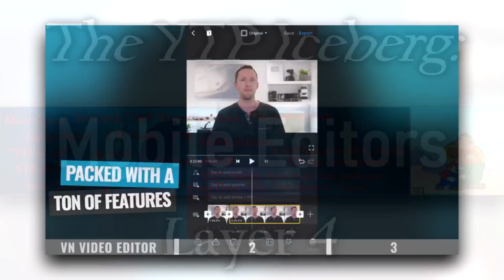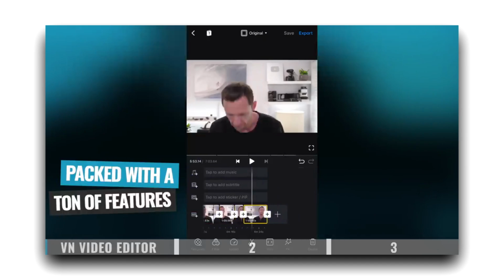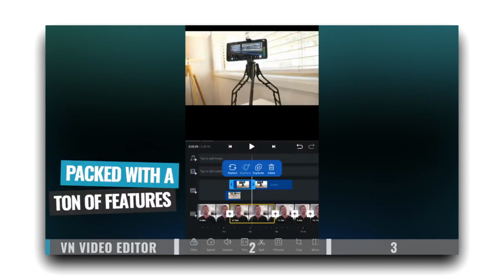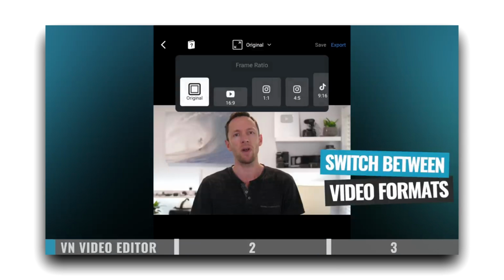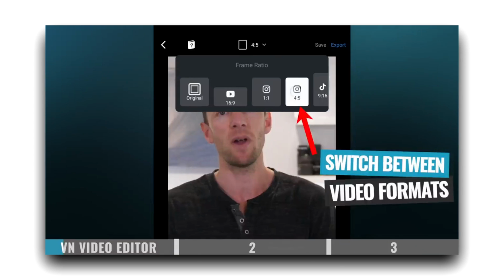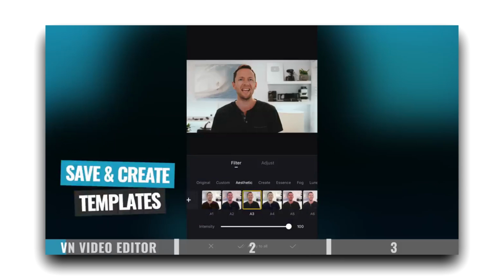Mobile editors. For the longest time, some of the most hated people in the community have been those who have used editors found on a mobile phone. This is mainly due to the fact that a mobile editor isn't exactly up to snuff as something like Vegas or Premiere. That being said, there are some people who have made some seriously impressive stuff through a